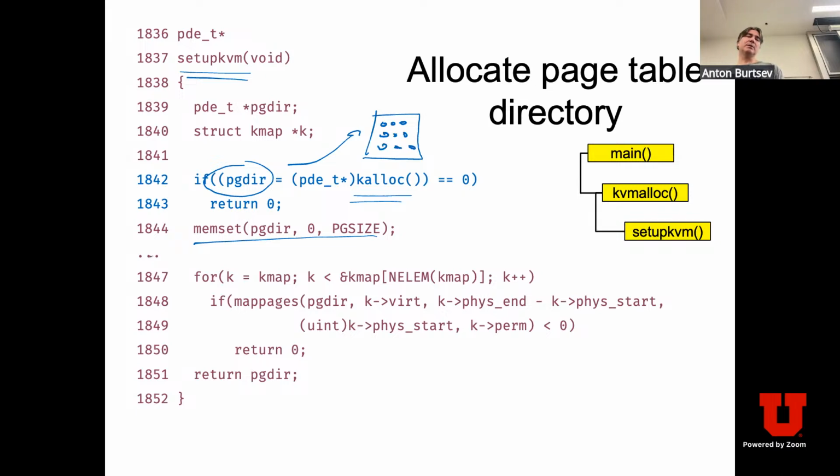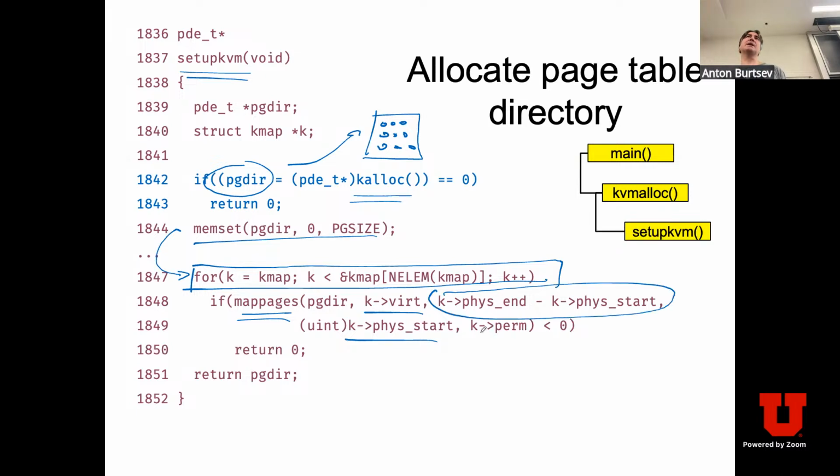Then we will use 4 different regions of memory which we care to map. And for each of these regions, we will use this helping function, map pages. And map pages maps a region, starting from the virtual address and a physical address, and then mapping a consecutive range of addresses of this size, right? And then internally in this map pages function, we will say, look, internally inside the map pages here,